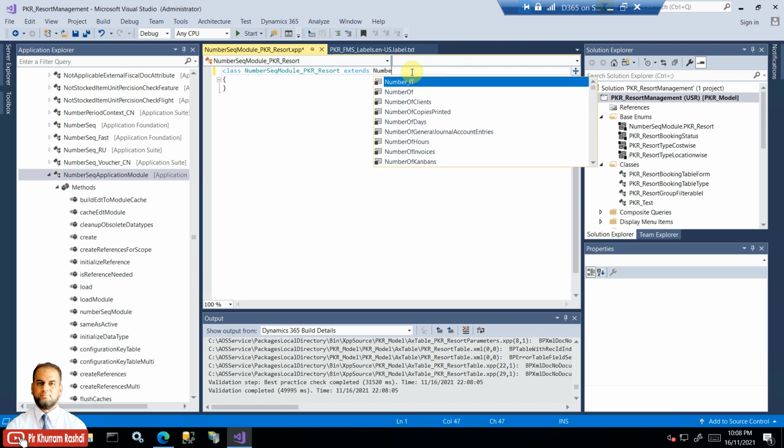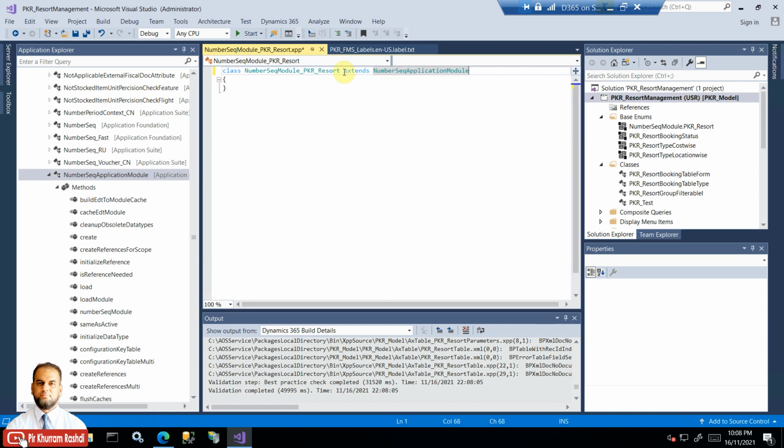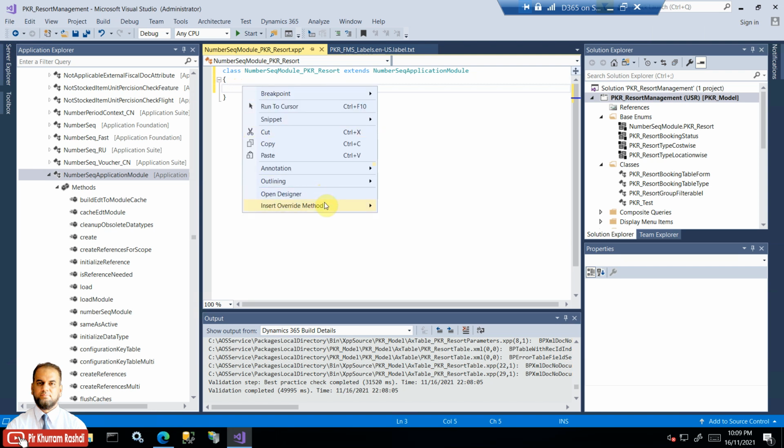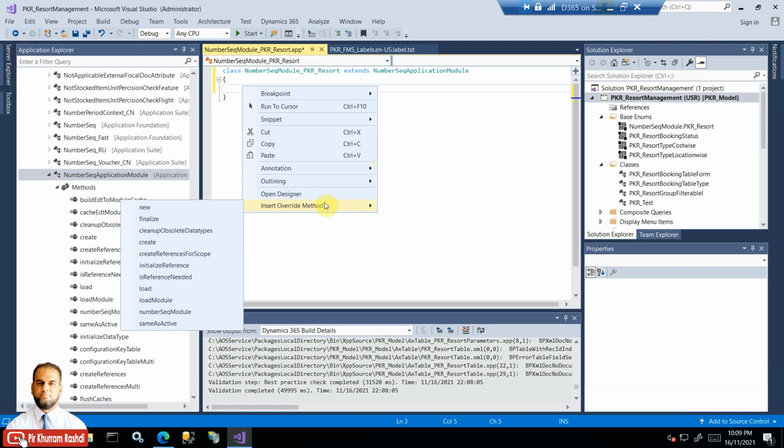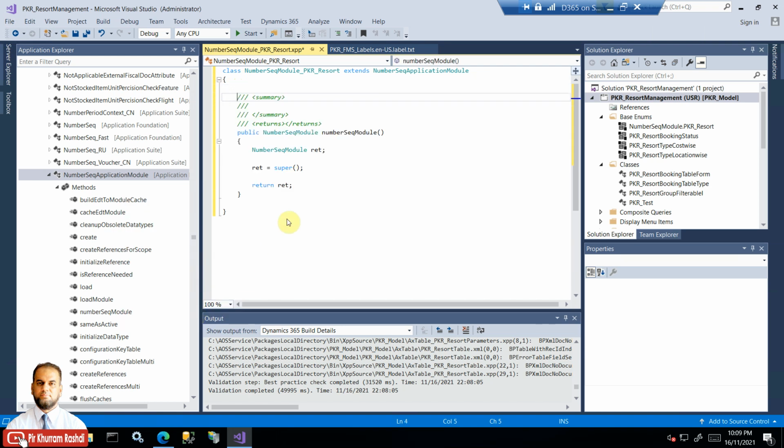extends number sec application module. So this will now be extended, and once you have extended this class, then you need to override one of the method here. Okay, so that method is number sequence module method. So we need to just override. I will just remove the documentation. You can write the documentation at your own pace, and